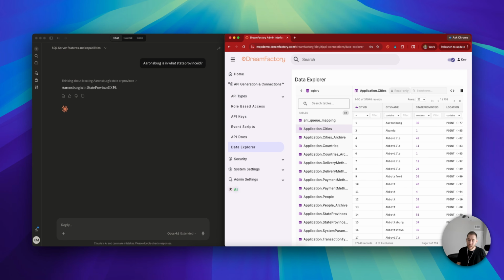And this is really just scratching the surface. You can ask any questions, have it build dashboards, applications for you, all with your SQL Server data in a secure fashion. We were able to do that in no time,